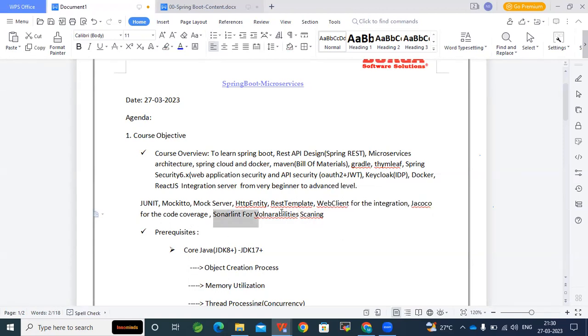Once SonarLint shows the vulnerabilities and code faults like duplicate code, dead code, or unreachable code, whatever it is, when your code is not good, SonarLint will suggest the changes to be done. Once you apply those changes, then do the unit testing. Once unit testing is passed, then go and do your